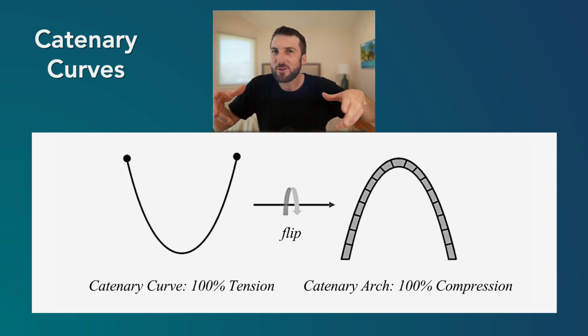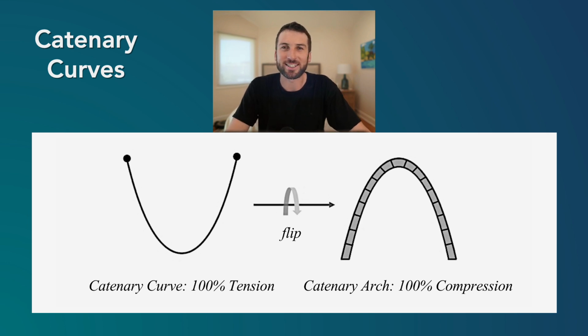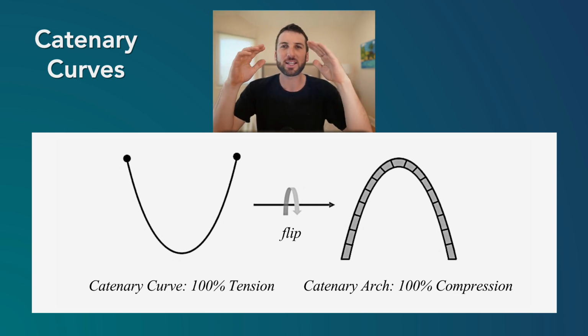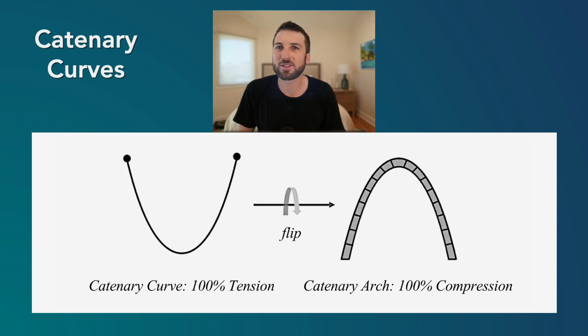Now, what's interesting, if you flip it, you can now make an arch that is 100% compression and 0% tension. So it's all about the other forces. And so this creates a geometry that's really, really stable, right? There's no extra tension forces in the arch trying to pull it apart. Everything is completely held in pure compression. And so this is a really strong form.